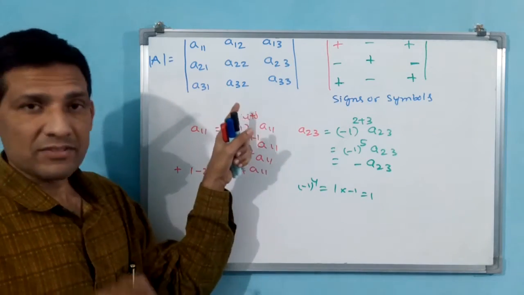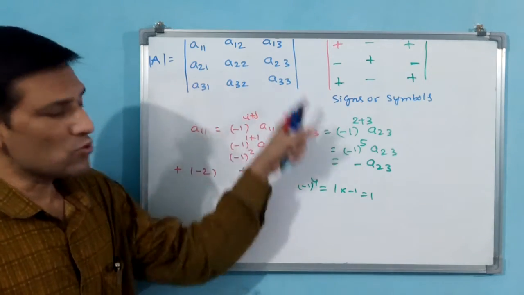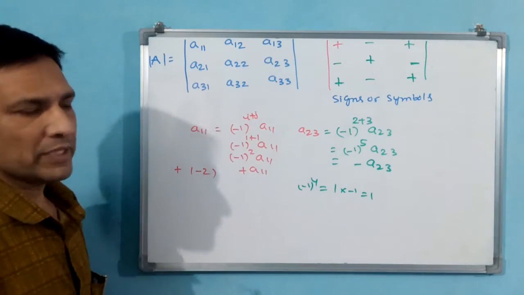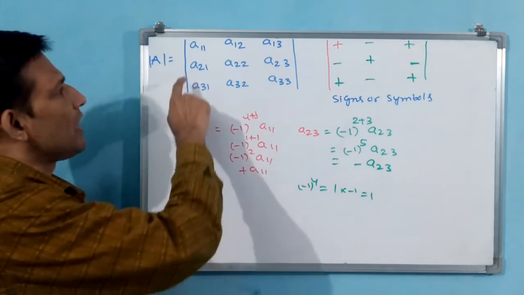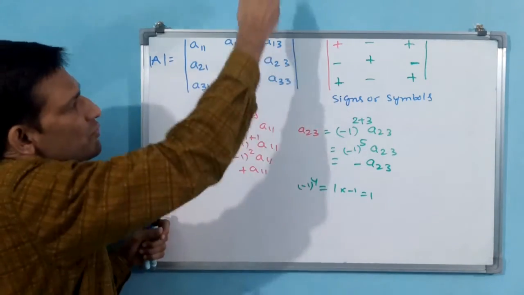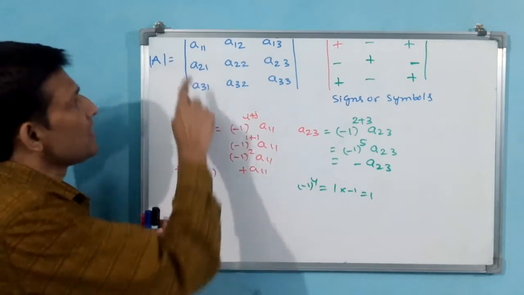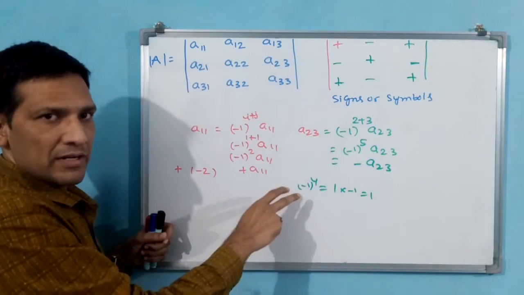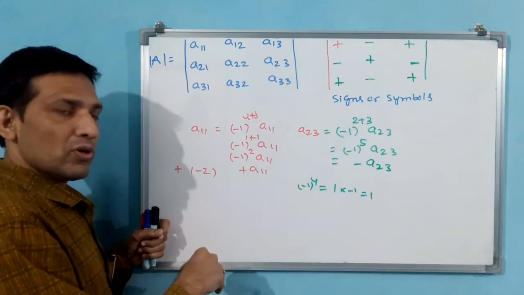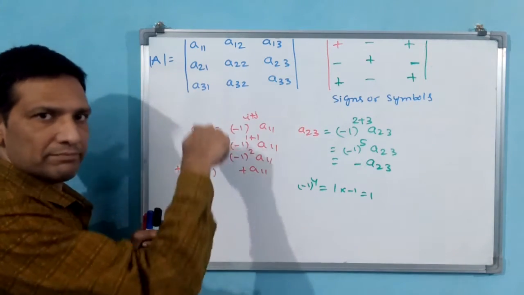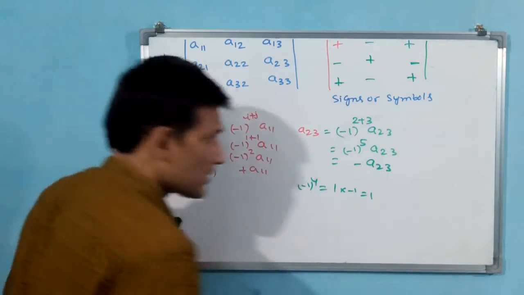But 3 by 3 case is not like that. 3 by 3 you have to do expansion. You have to expand by row or column. Anyway you can do. I am going to tell expansion by R1, for generalized form. We will take one example, and in that example we will take expansion by column. Both you can understand, row and column.